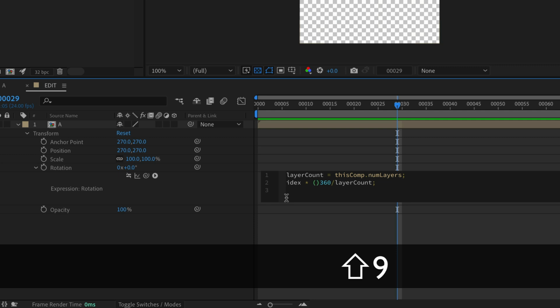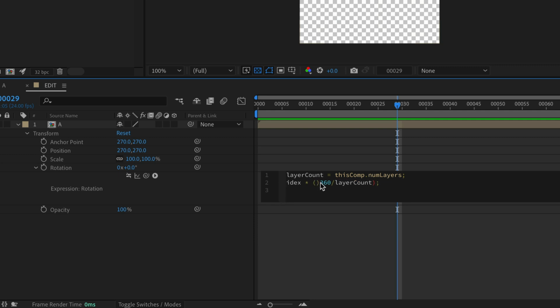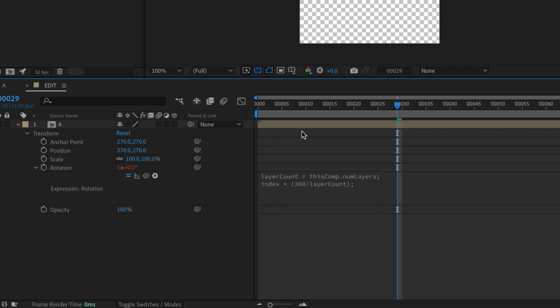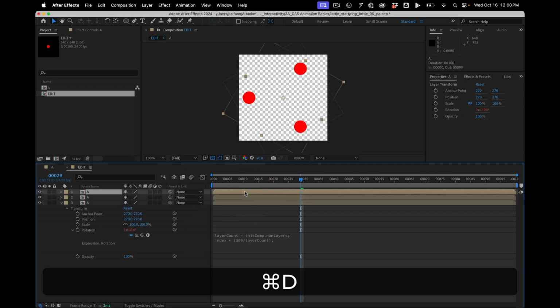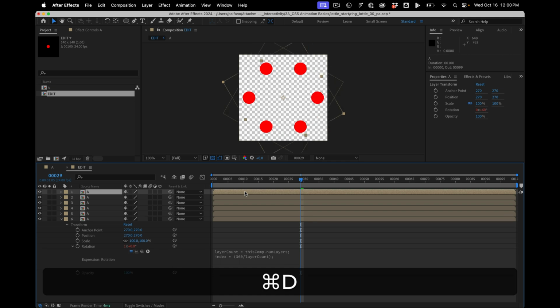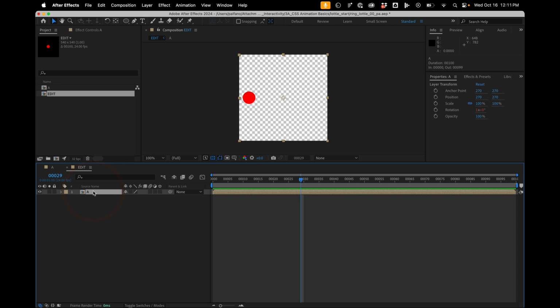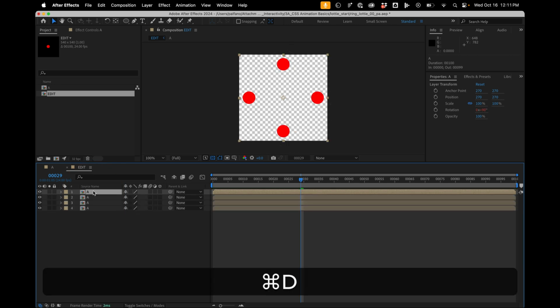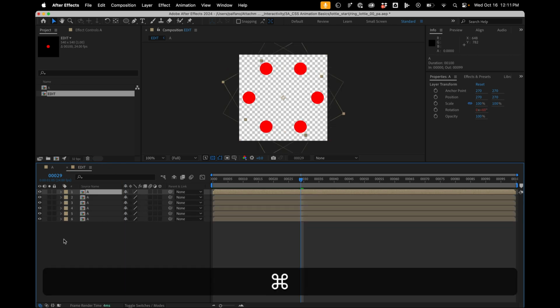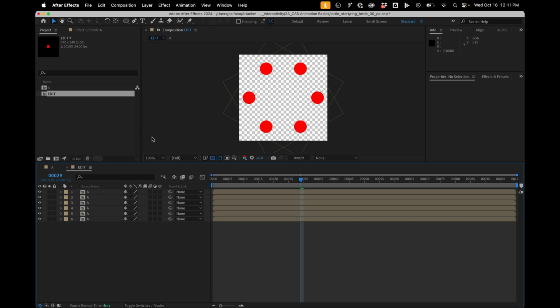And I'm going to put this in parentheses just to make sure it does this, then that. So index refers to what number layer this is. So pretty neat. So how many of these would we like? How about 6? Now the cool thing about this setup is if I make a change to any one of these,